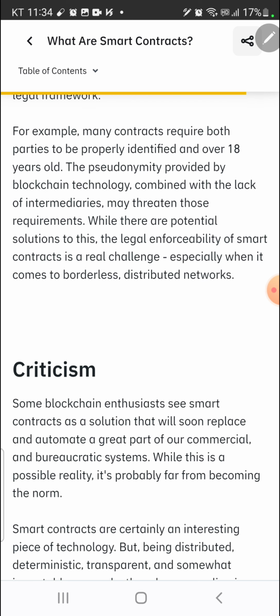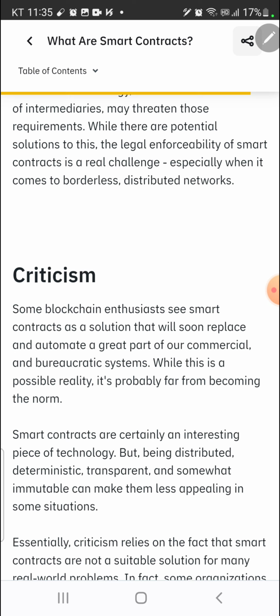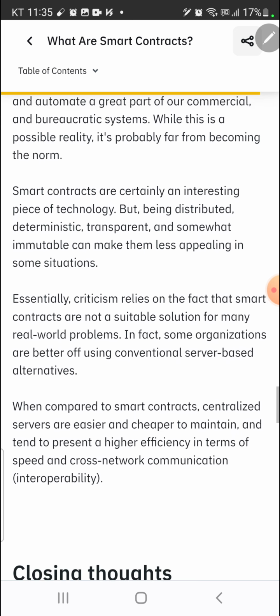Criticism. Some blockchain enthusiasts see smart contracts as a solution that will soon replace and automate a great part of our commercial and bureaucratic systems. While this is a possible reality, it's probably far from becoming the norm. Smart contracts are certainly an interesting piece of technology, but being distributed, deterministic, transparent, and somewhat immutable can make them less appealing to some situations. Especially criticism